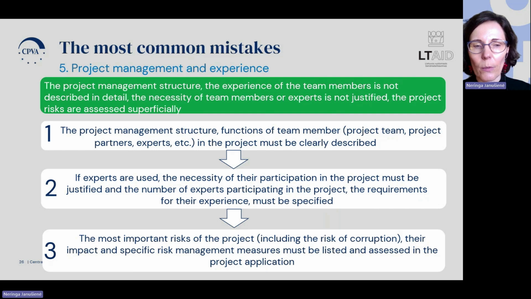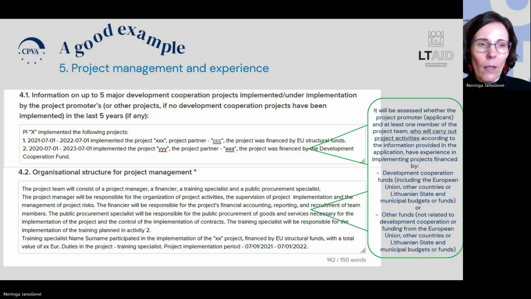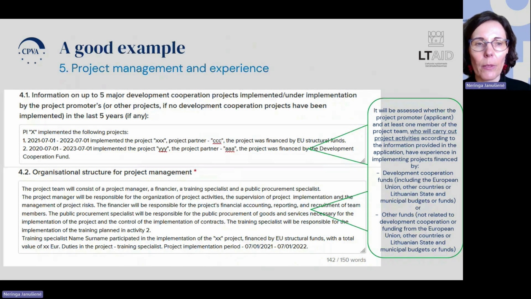The most important risks of the project, their impact and specific risk management measures must be listed and assessed in the project application. And sometimes it happens that the project management structure and the experience of the team members are not described in detail. The necessity of the team members or experts is not justified. The project risks are assessed superficially. Here's a good example of how detailed information could be provided in the project application, and